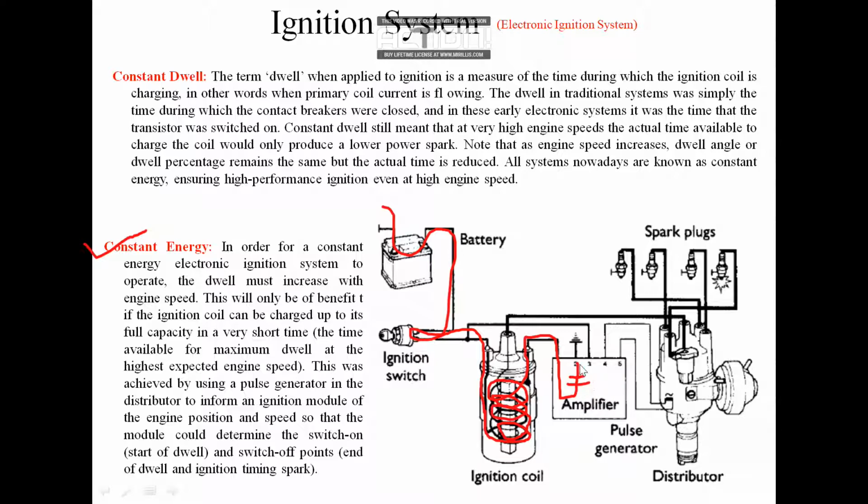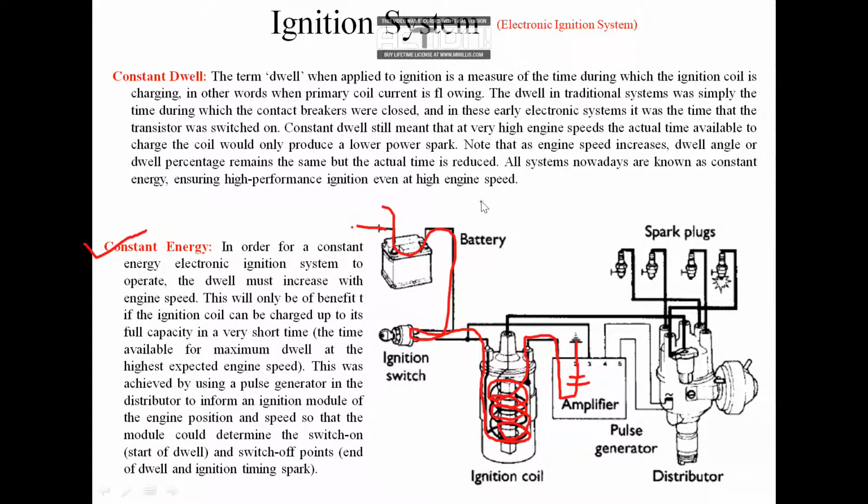The triggering of the capacitor takes place after calculation. This is not the exact circuit present inside, but for the sake of time, imagine this thing. Okay, so in the case of the constant energy type of electronic ignition system, they are allowed to vary the current flow through this primary circuit.